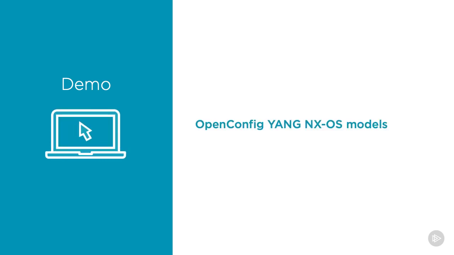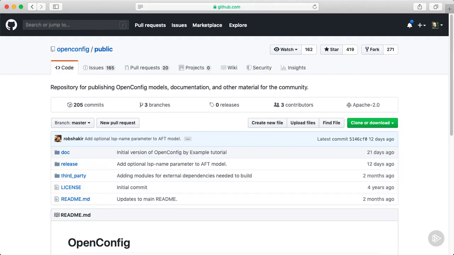Rather than use PowerPoint, let's explore some Yang models using our trusty PyYang tool, this time focusing on NXOS interfaces using the OpenConfig models. Most Yang models are accessible via GitHub by performing a clone operation, and I'm showing the repository for the OpenConfig or OC models. These are vendor-agnostic models designed to represent highly standardized features such as interfaces, VLANs, and routing protocols.